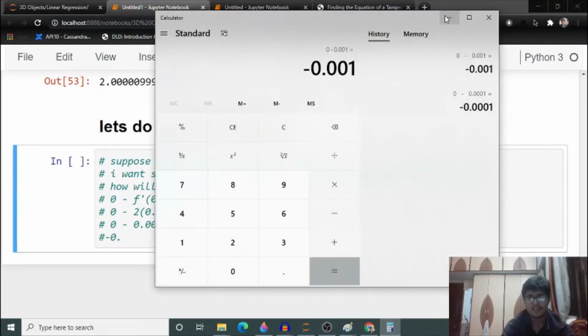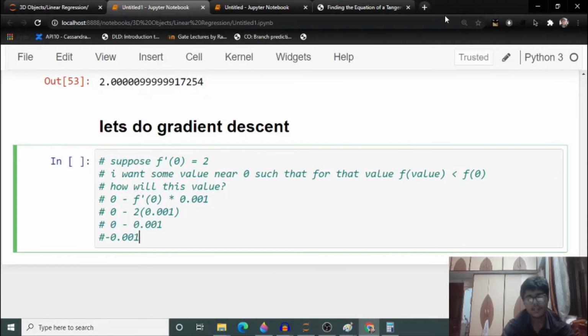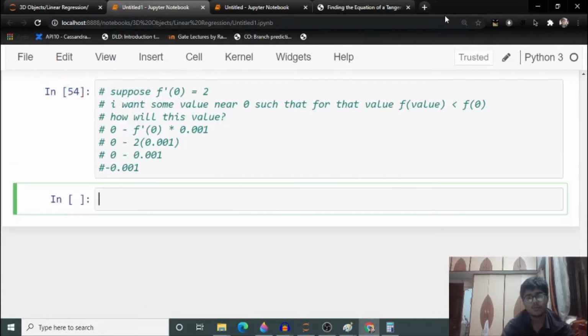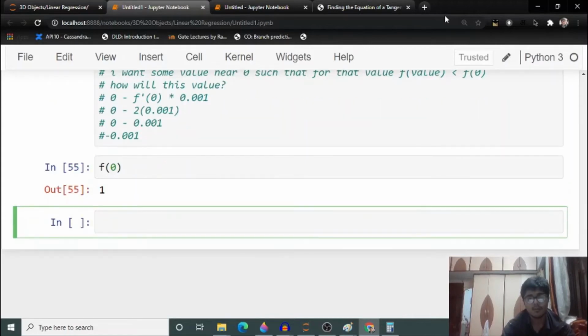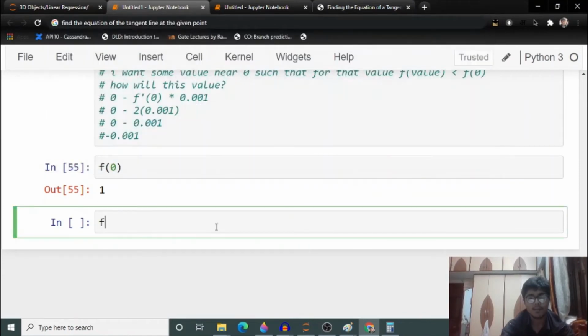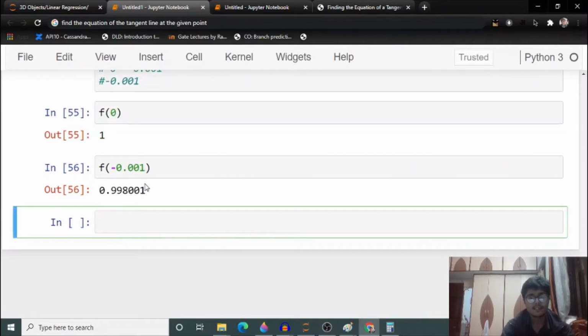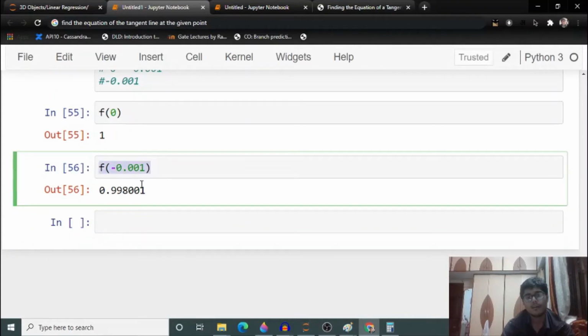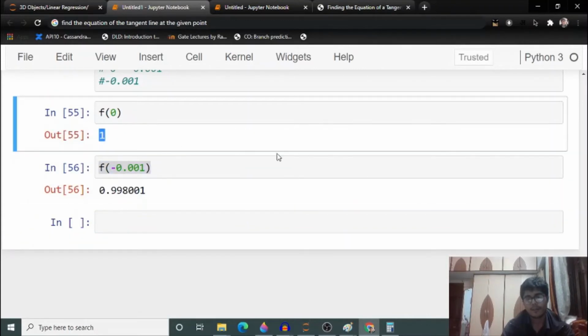Okay, so now let's observe whether we can see it. The value of the function at 0 is 1, and the value of the function at point minus 0.001 is less. So you can see that this value is less than this.